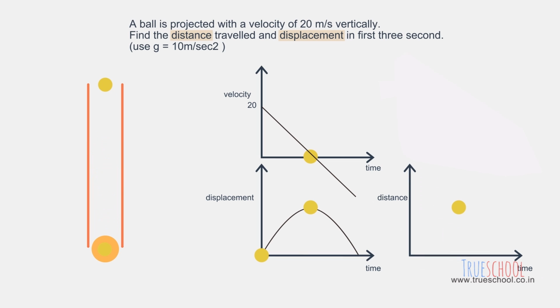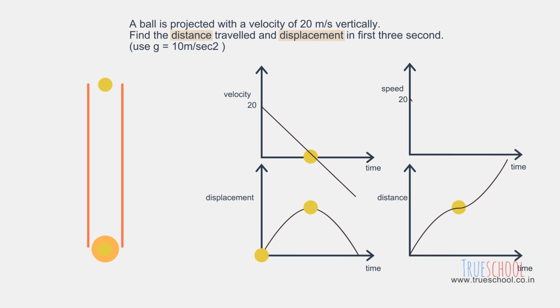Now if we draw its graph, we see for the first half the distance travelled is same as displacement. But in the next half, though displacement has been coming down, distance continues to increase. Why is it so? Remember, like slope of displacement versus time is velocity, similarly slope of distance versus time is